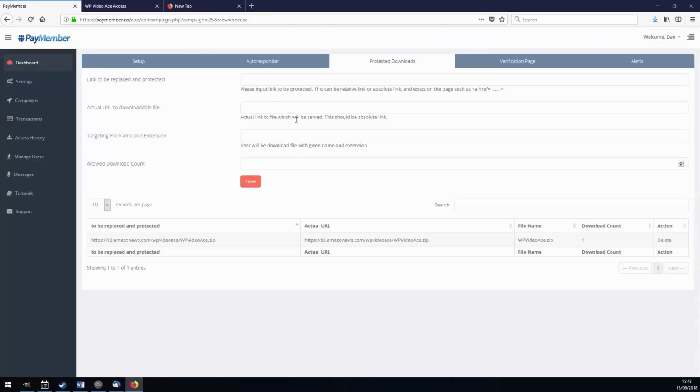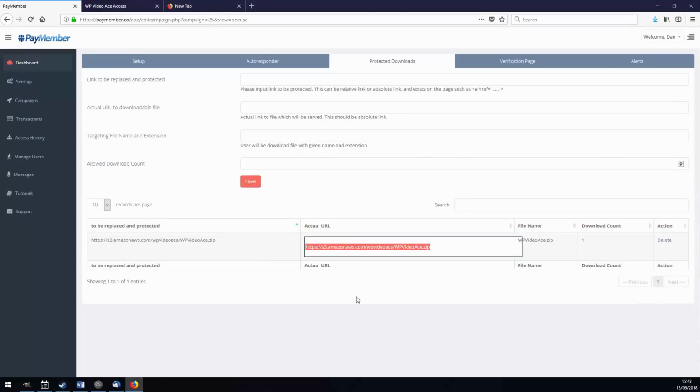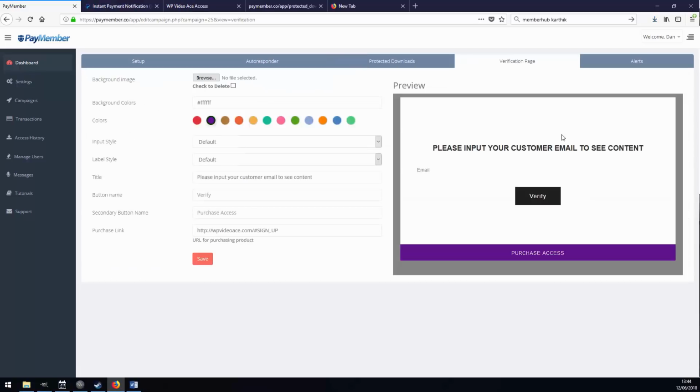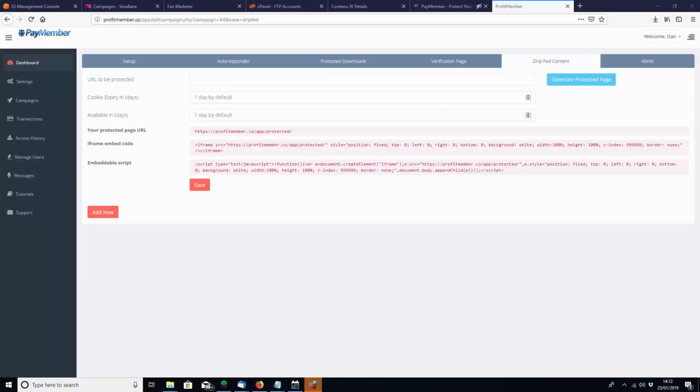And once again, how easy was that to set up? All we needed to do was enter the download URL we wanted to protect, and PayMember did everything else for us. Okay, so now that you've seen how you can set up protected content, so you can easily sell any premium content on your website and make sure that only paying customers, PayPal verified paying customers, can get access to it,